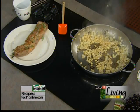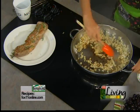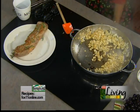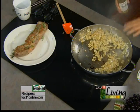Now, once that garlic hits the pan, you know the rule. 30 seconds and move it, move it, move it. When you're working with fresh garlic, it can burn on you, and we don't want that. Oh, smells so good. Okay, now I'm going to deglaze the pan, which means get those great pork juices, with